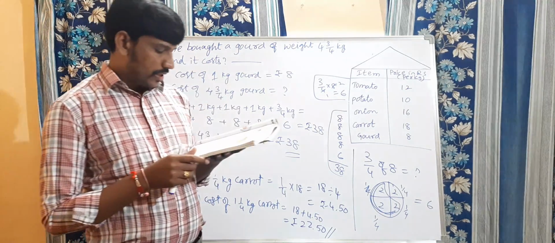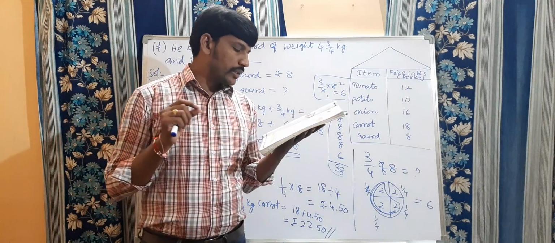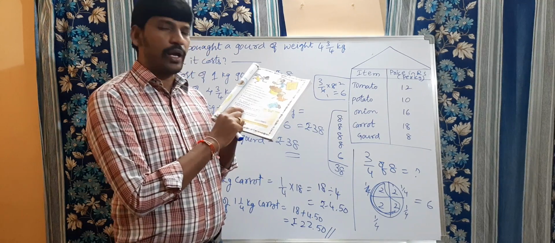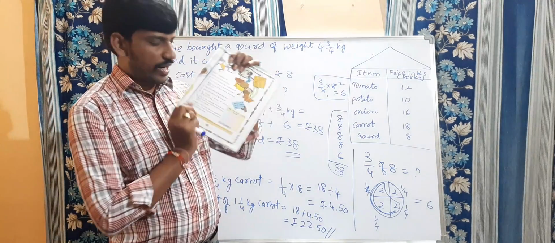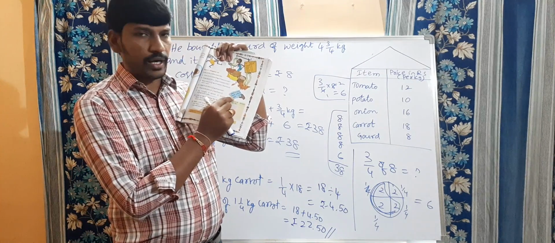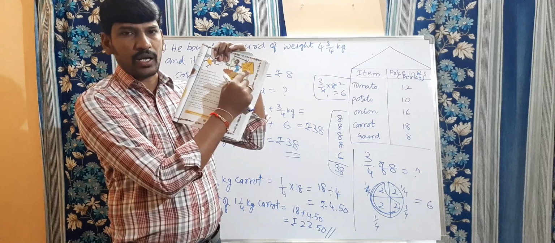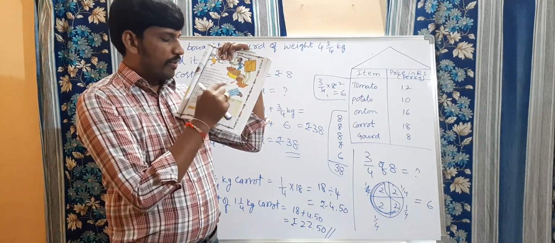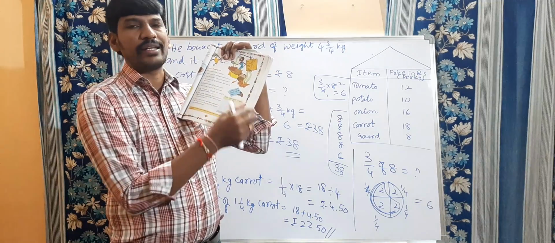Now they are asking: look at the shopping list in Kirti's hand. How much will she have to pay to buy all these items? So you need to find out for these three, potato, carrot and gourd. The price list is here in yellow color and Kirti's list is in blue color. Please find out all these costs and find the total bill.